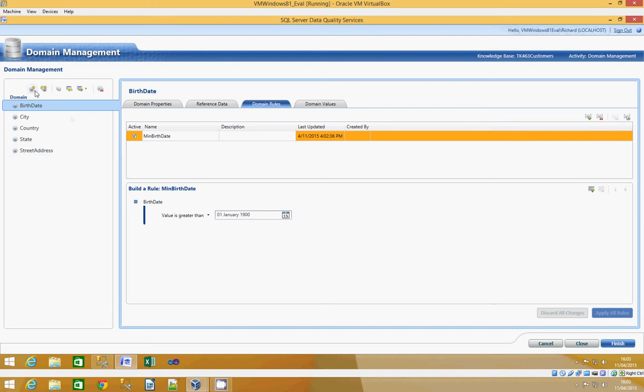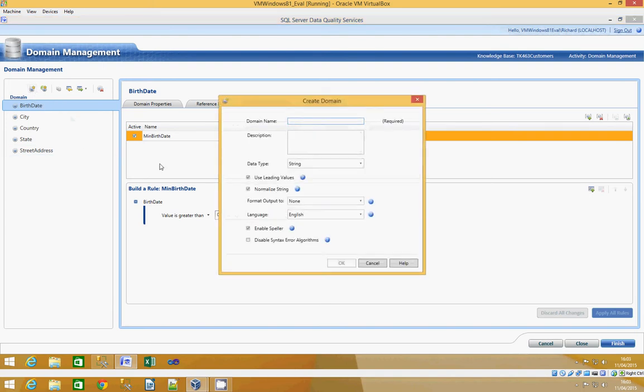We're going to add another domain. I'm just going to call this occupation, and we're going to enable the speller on this one, leave it as a string, and we're not going to disable syntax errors, so we click OK. So this would spell check the occupation,